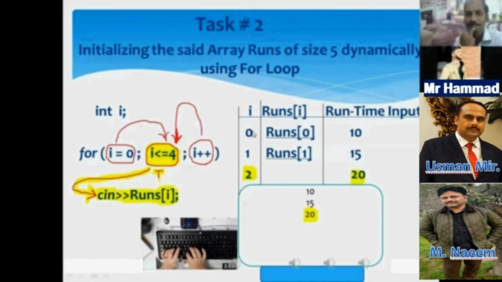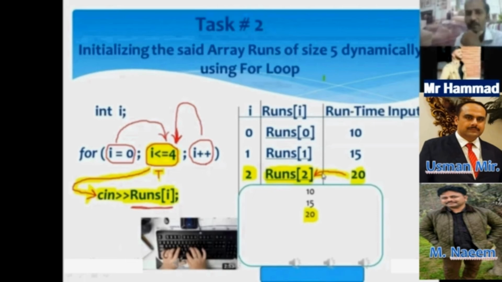Sir, 2. If we place the value 2 in the address we have specified in the scanf statement, what will this address become? Sir, runs within square bracket 2. Okay, thank you very much, my dear. This is the third memory location of the array. 20 will be stored in the third memory location, all right?